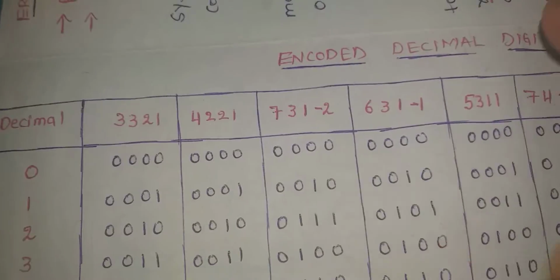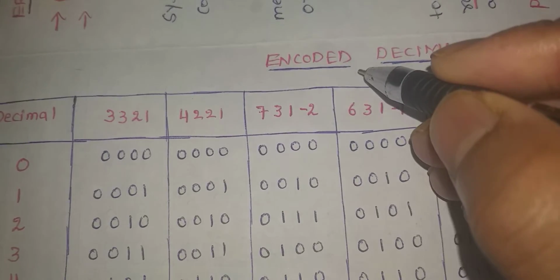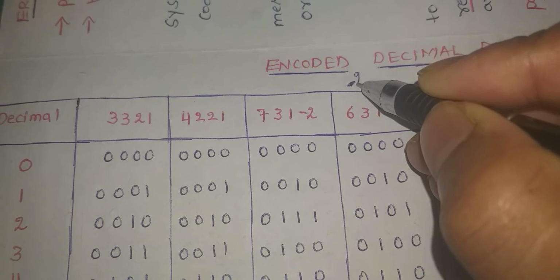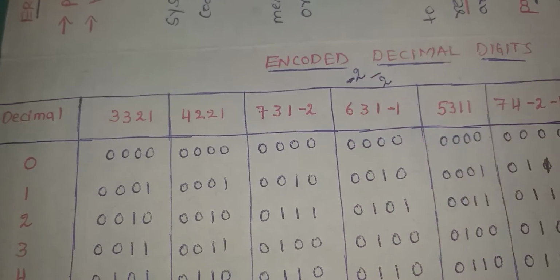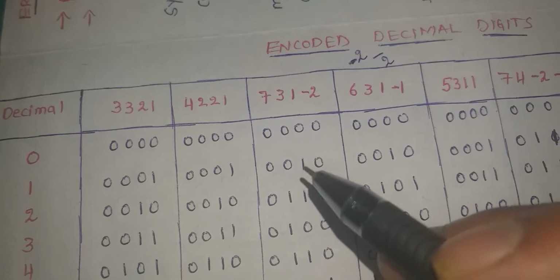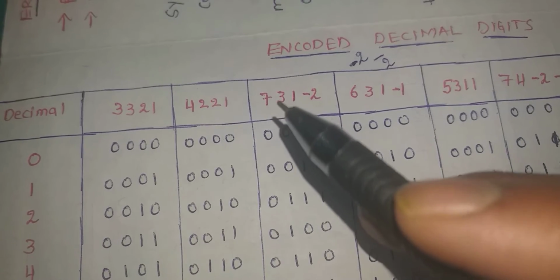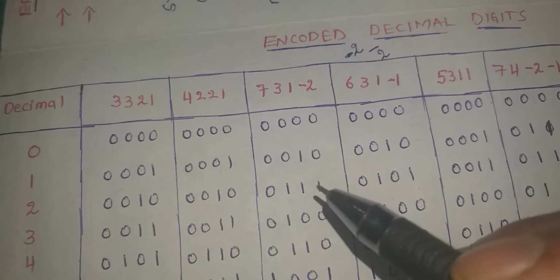Now if you observe, this is very interesting one. Here it may be minus 2. Remember, in some textbooks they will represent it as minus 2, or they will represent it like this. Okay, now if you observe, 0, 1 means 1 itself. 2 means how will it come, 3 plus 1, that is 4. 4 minus 2 is 2. That's why I have taken it like this.